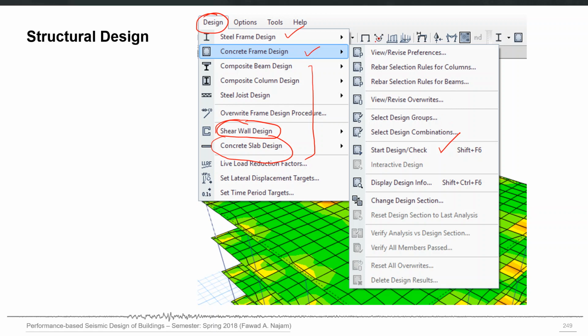I would suggest that you go through all of these options in more detail before running that start design or check option, because design is a procedure which is dependent on the building code. So you have to have a clear understanding of the intention of the building code and different factors and considerations this building code is using in order to run this design. So maybe you can start with checking the preferences, the default values of different code prescribed factors, for example, and maybe these overrides, and then rebar selection rules for columns and beams. You can review them so you are clear how software is basically selecting the reinforcement and other design parameters for your case.